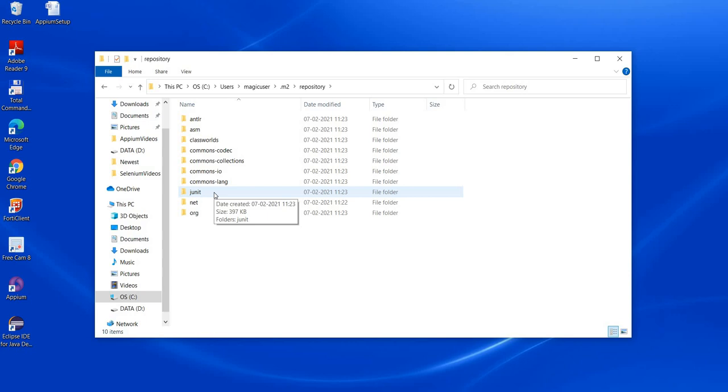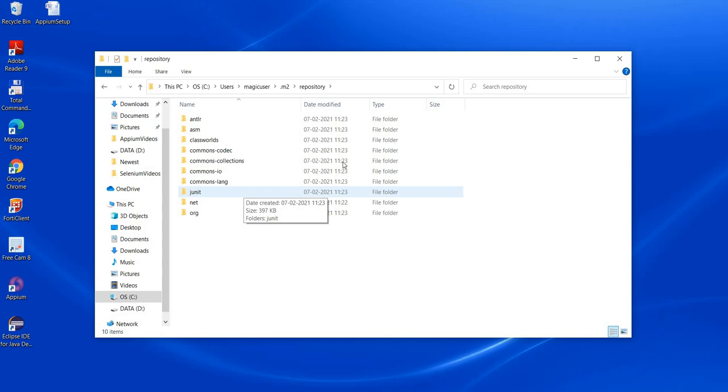But sometimes it happens that because of some rights issues or permission issues, Maven is not able to create the repository on this location, because this location is where we have our operating system installed, right? And sometimes because of some security issues on the office machines which we use, we don't have the administrative rights.